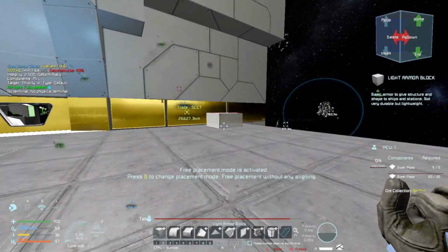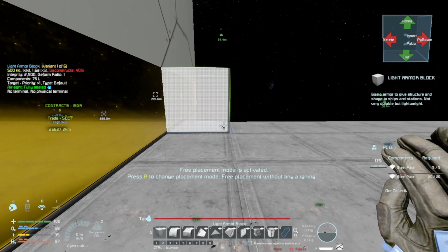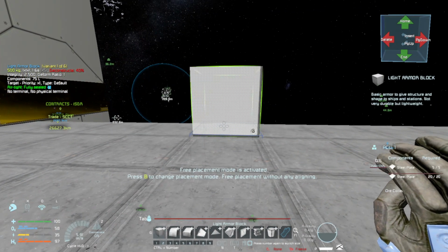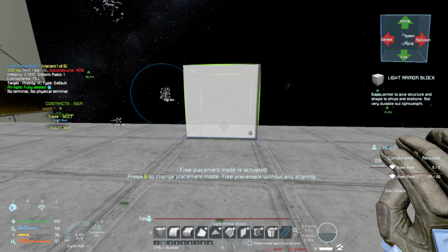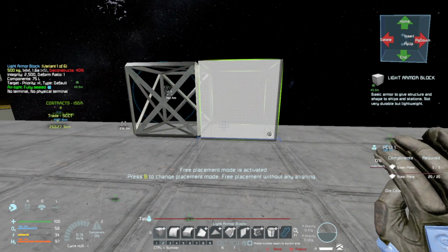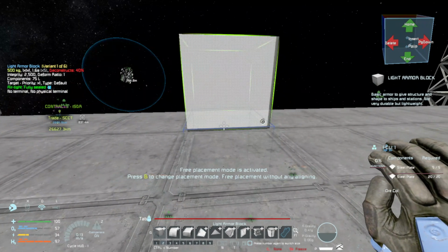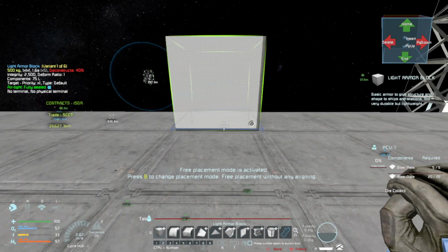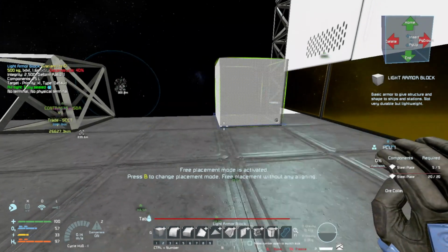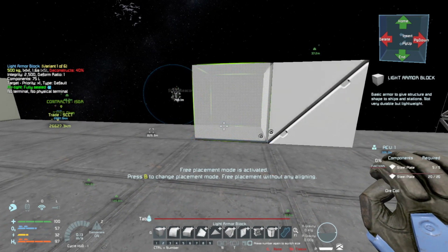Let's recount everything and see if this works. 1, 2, 3, 4, 5, 6, 7. 1, 2, 3, 4, 5, 6. 1, 2, 3, 4. That did not work. So it looks like if we did 5,